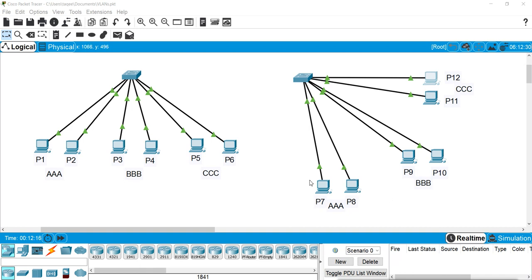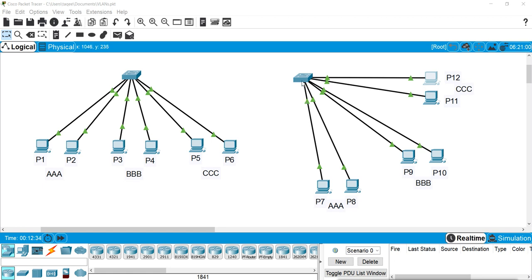So in this switch I do the same configuration: I want these 3 VLANs here, and I want these machines to be members of these VLANs, so I will add these ports into the VLANs. Let's do that first.